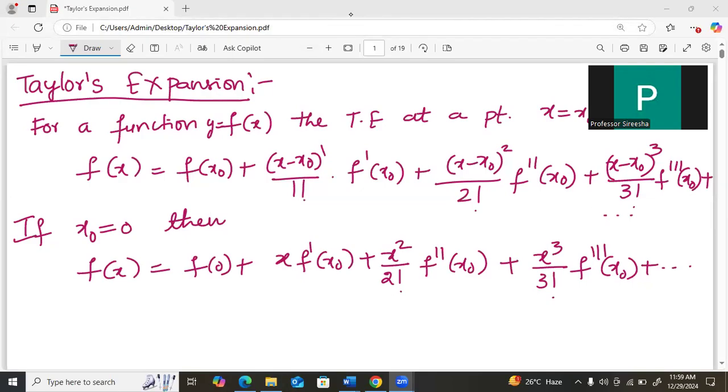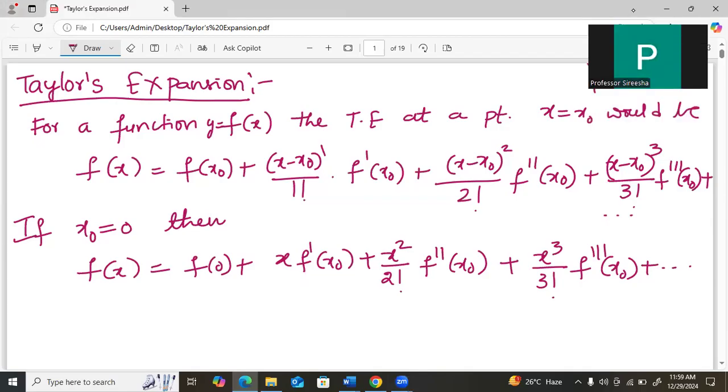Hello everyone. Today I'm going to discuss Taylor's expansion. Actually, I want to discuss Taylor's expansion for a function in more than one variable. But just to give you a gist of how Taylor's expansion is done for a function in a single variable,